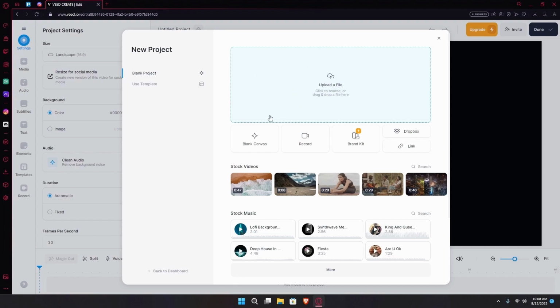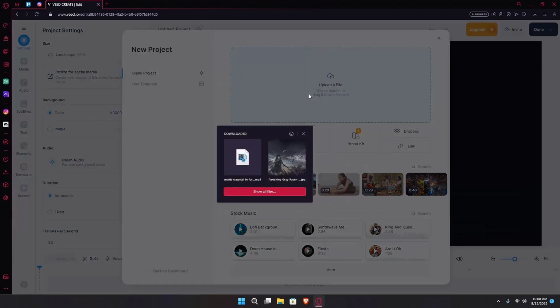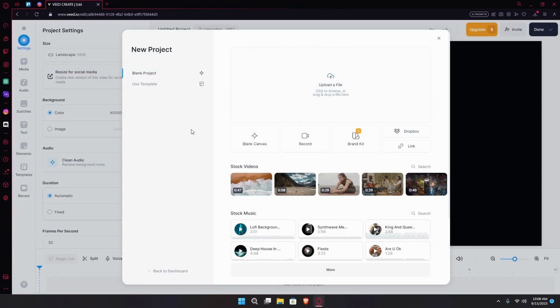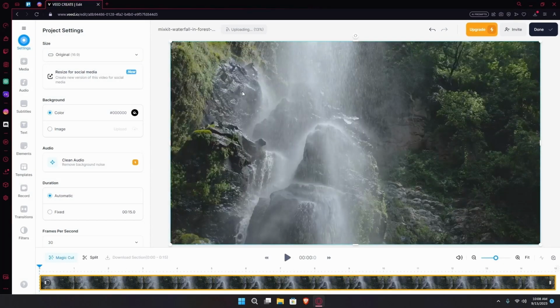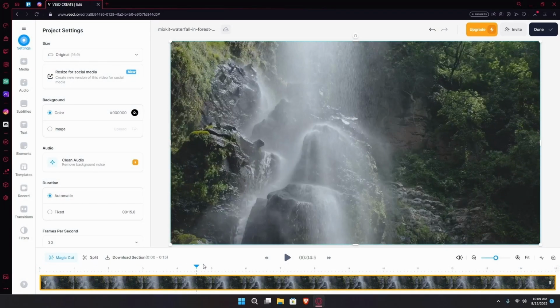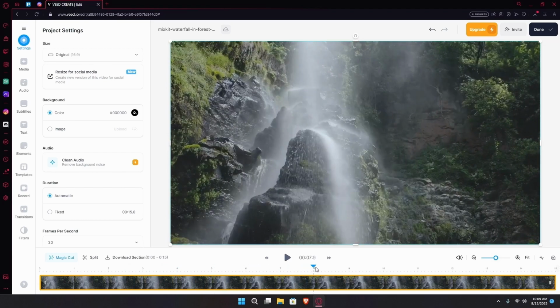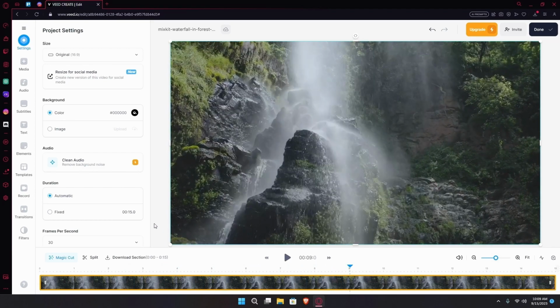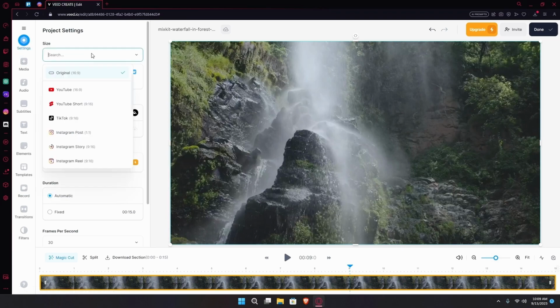You can upload the file that you want to use. And as you can see, it seamlessly imported it with veed.io video editor. You can look around your video if you want. Otherwise, on the left of your screen, you'll find the settings tab, where here you can change